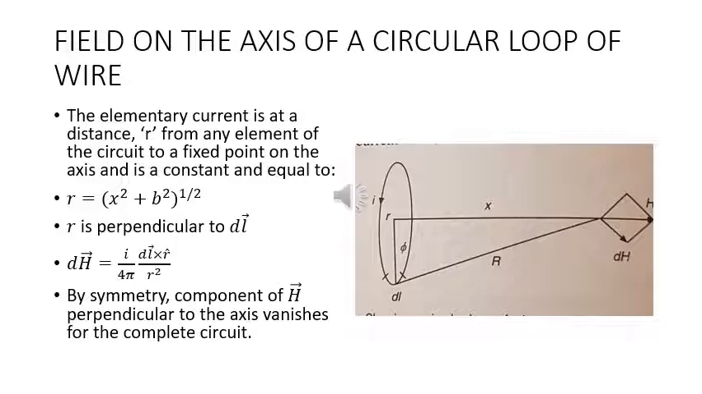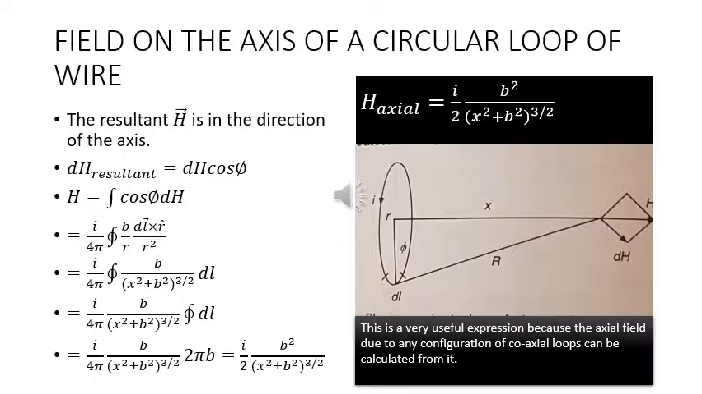By symmetry, the component of B perpendicular to the axis vanishes for the complete circuit. The resultant B is in the direction of the axis, so dB resultant is equal to dB cos phi. B is equal to integral cos phi dB, which is equal to I upon 4 pi closed integral b upon r, dl cross r upon r squared, which is equal to I upon 4 pi closed integral b upon